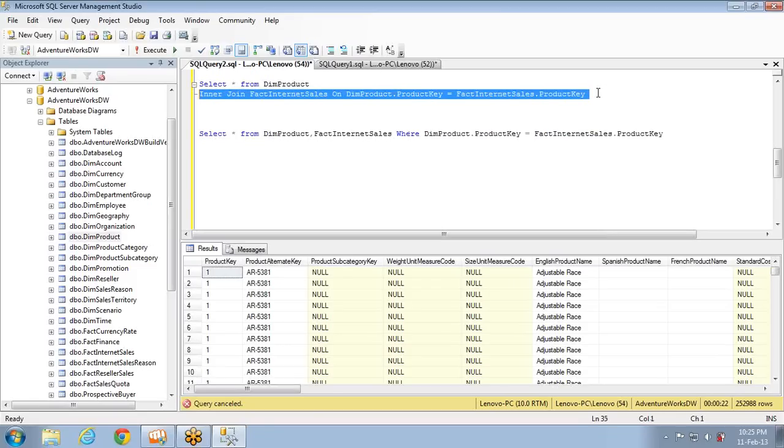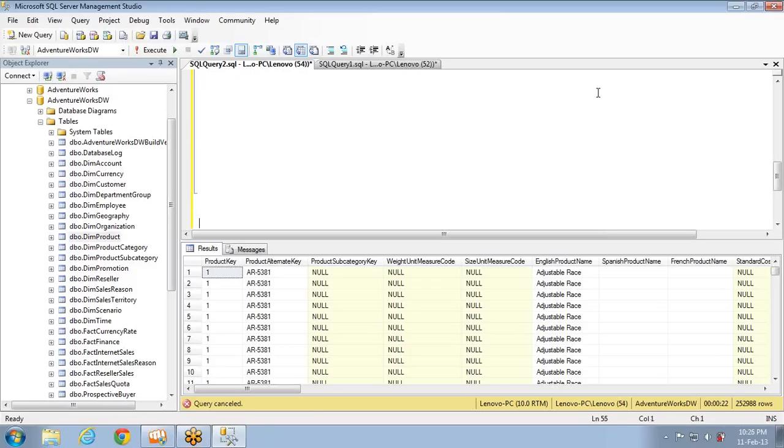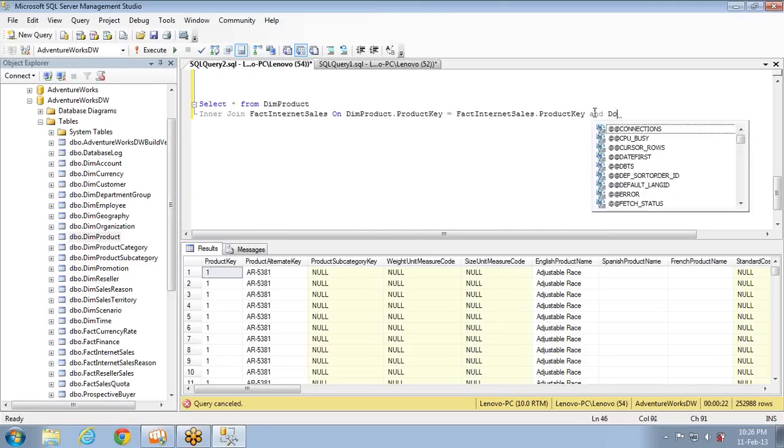This is a normal join. Here you are using only one column. Let me copy it properly. You are using only one column in the ON condition, right? And if you have one more condition like AND dim product